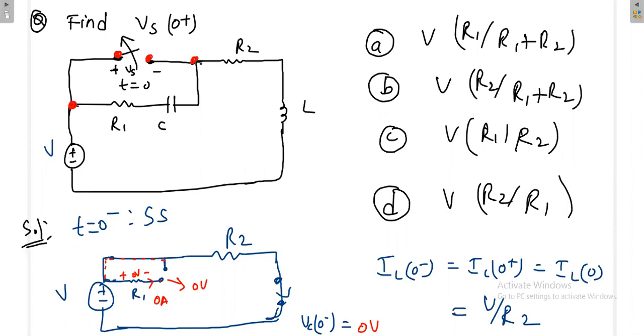Okay, we cannot do anything. There is no rule like if it's steady state, it always should have a voltage. It all depends on the circuit. What is the nature of the circuit? So here at steady state, the voltage across the capacitor is 0 volt, because I have to represent the equivalent circuit here.